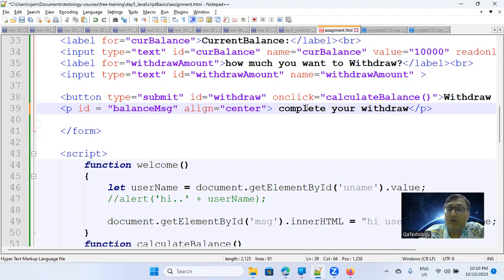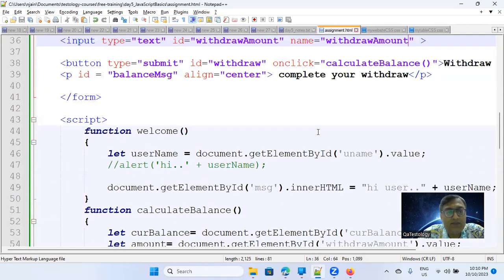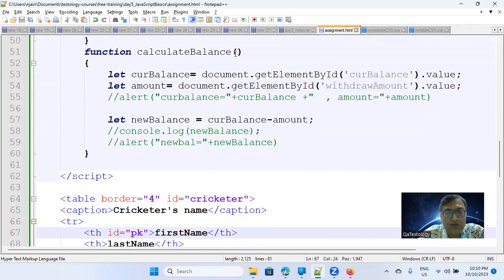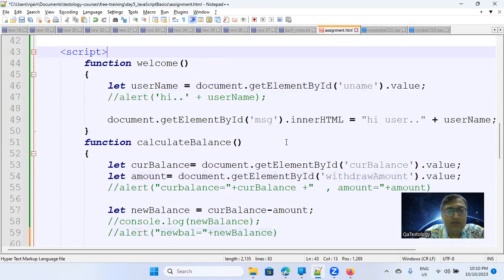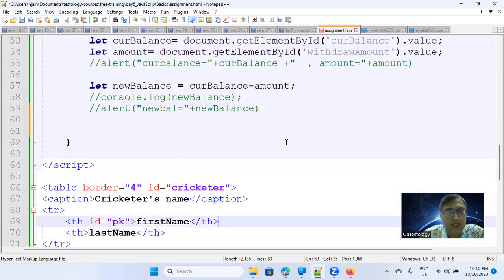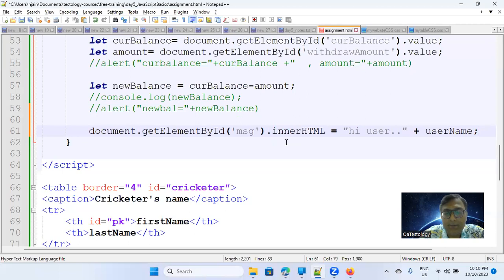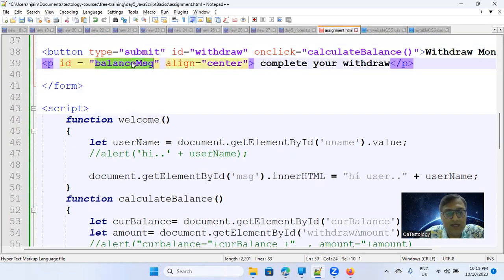Don't worry. But I want to change this message. So how will we do it? Same through scripting. So here, actually, I want to set the value, correct? So I'll say document dot getElementById. Same thing here, what we did. Let me copy this. And here I will say that this balance message